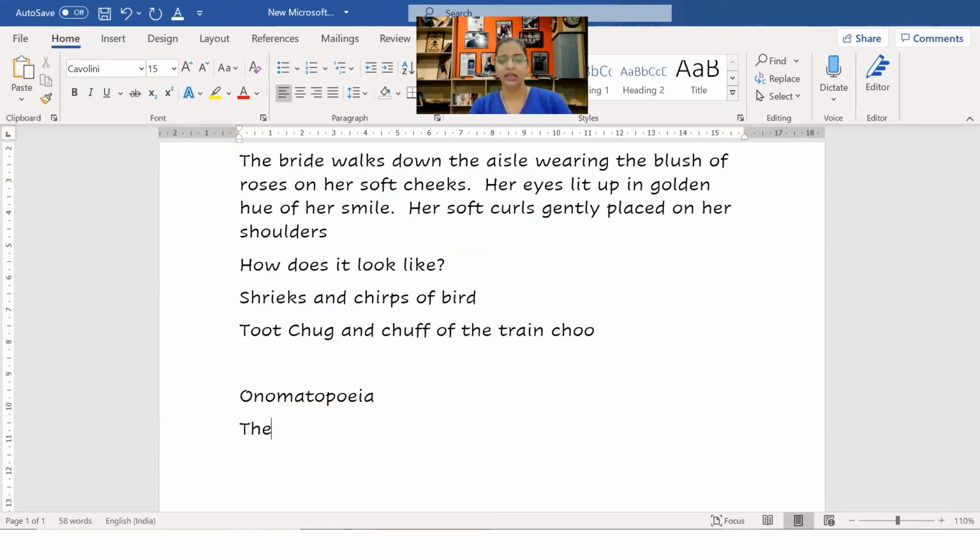Onomatopoeia is something that creates the sounds. Like I said, the car crashed, kablam. This is called onomatopoeia. So we let the reader hear the sounds that you are trying to generate. Now, if you ask me where do I find these sounds from, I don't remember all of them. So the best place is to go to yourdictionary.com. You will find almost all the sounds there.